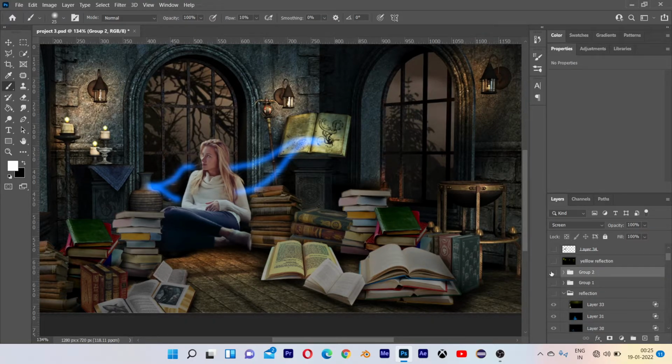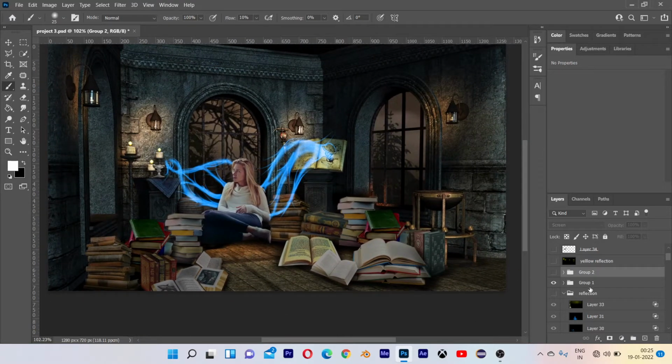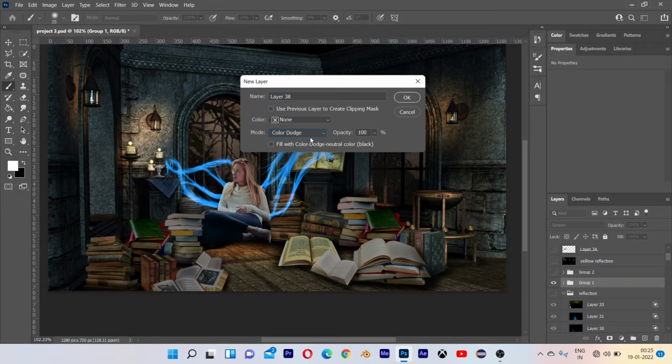So I am going to hide this because this is our original, and I have glowed the bulbs with the linear dodge method. So I will tell you how I have done that. Control Shift and N on the keyboard, blending mode to linear dodge.